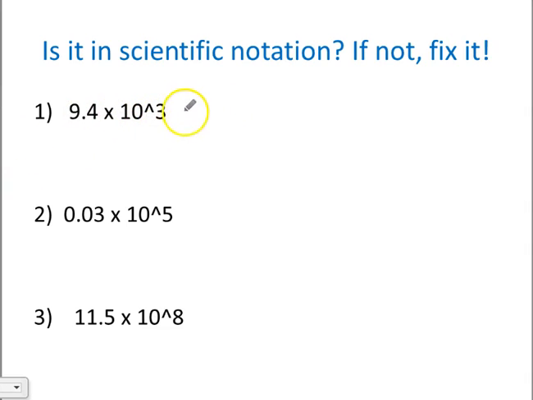It is in correct scientific notation. So that one's good to go. Just to review, if we were to have been asked how we would write this in standard form, what we do is